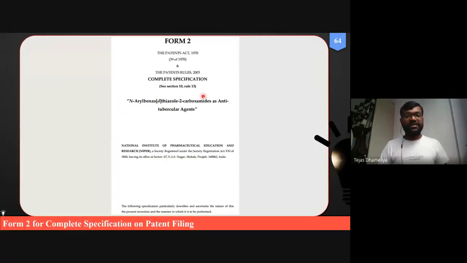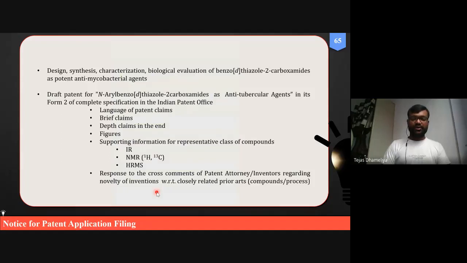So that form number 2 is ready in your hand, which has a complete specification, a title, who has done the research work, and all other claims and the abstract that we have seen in our last lecture. So that we could also get through under this form number 2, right? After this, once we have submitted form number 2 to our patent agent, then we need to give the notice.